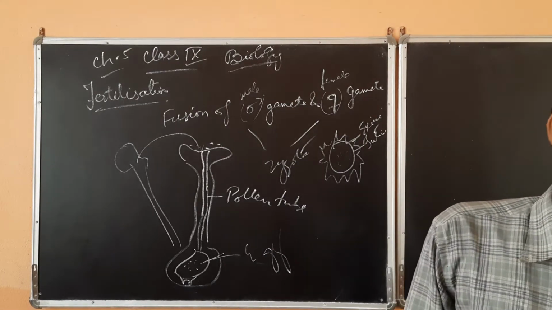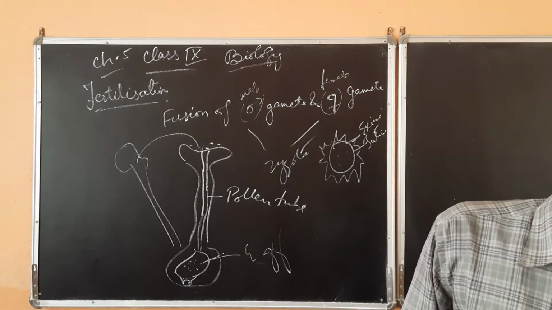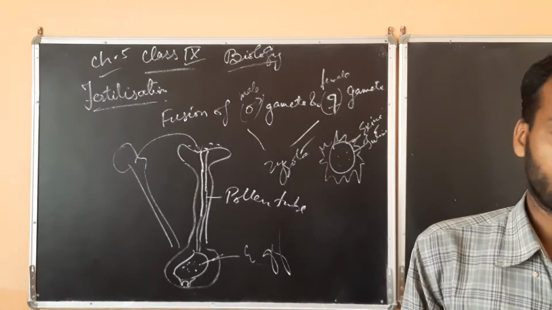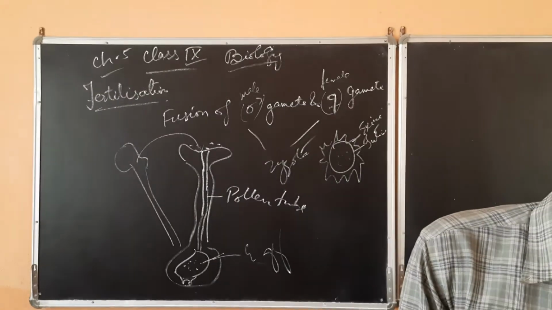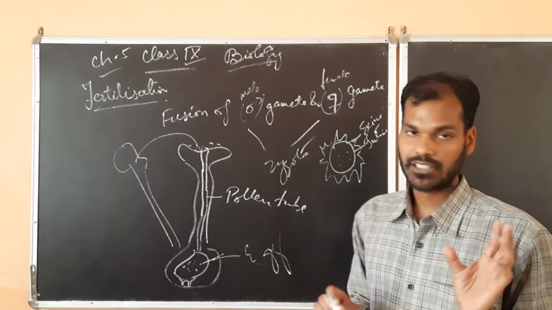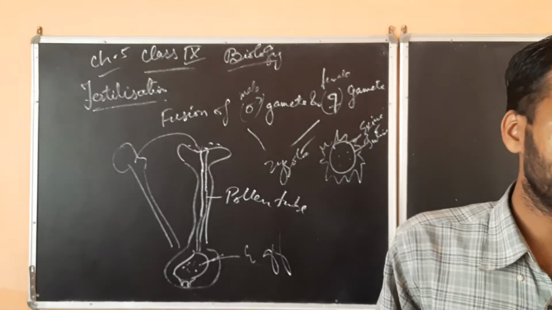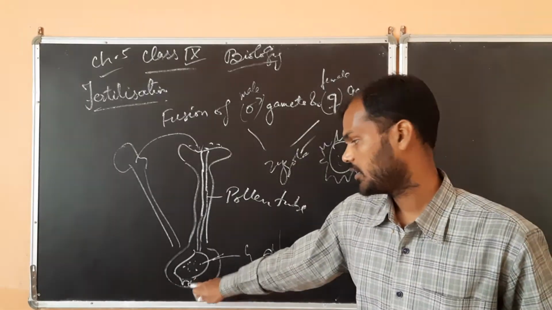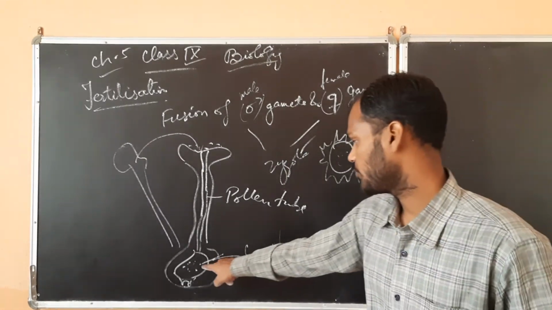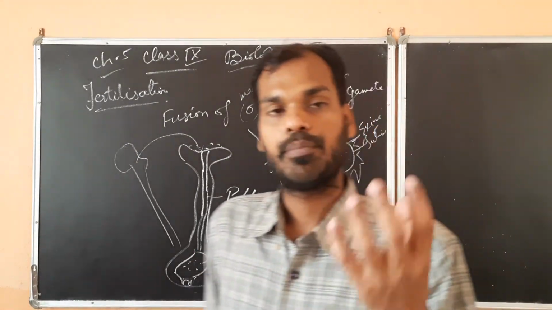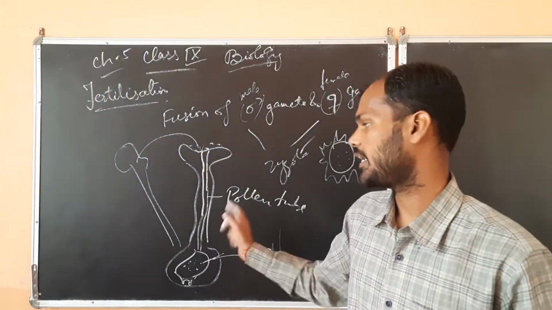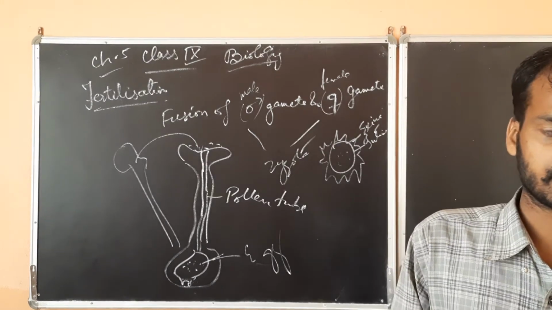Okay, the vegetative nucleus moves to the tip of the pollen tube, as you can see in figure 7, and then the generative nucleus gets divided into two male nuclei. At this stage, the pollen tube enters the ovule through the micropylar end and discharges the male nuclei into the embryo sac. What is the embryo sac? The embryo sac is the place where the egg will be present inside the ovule.